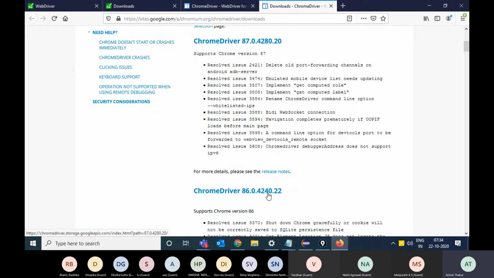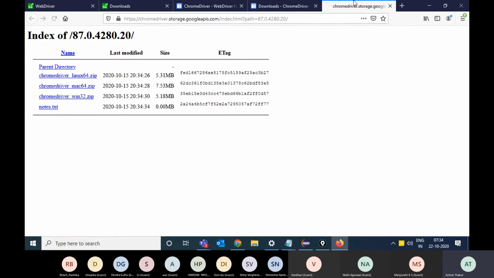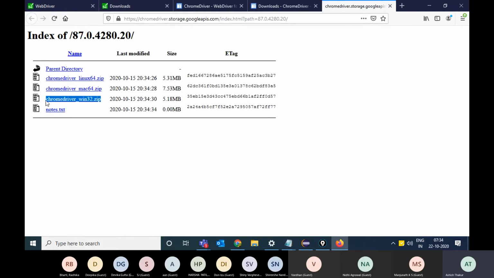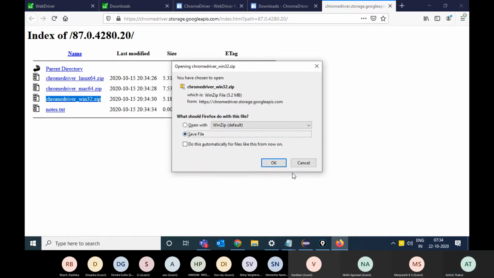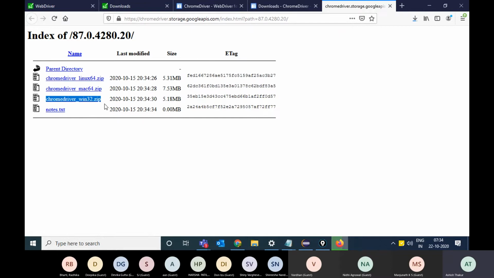It should not be a major change. Like, I should not have Chrome 89 and be downloading the exe for 87. I'll click on this link and download it for my OS. The 32-bit zip will work on 64-bit. So you just download this.